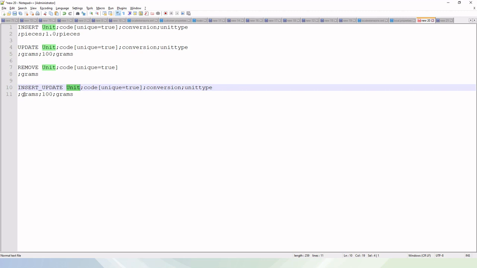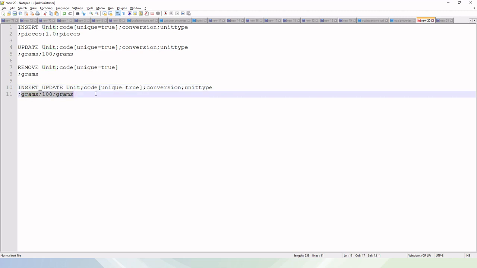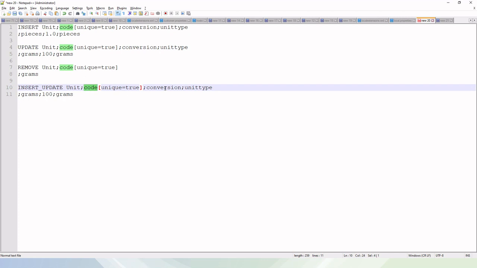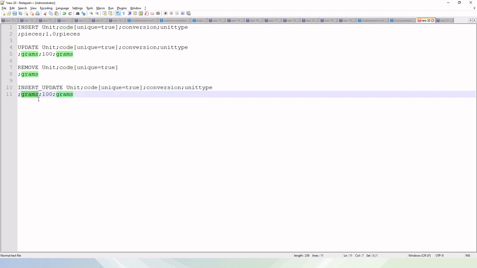After that, whatever value is defined will be on the basis of the attributes present in the header. So first one is code. The value corresponding to code will come here. After that, the separator will be semicolon. The values which come after the semicolon will be treated as belonging to the next attribute present in the header.